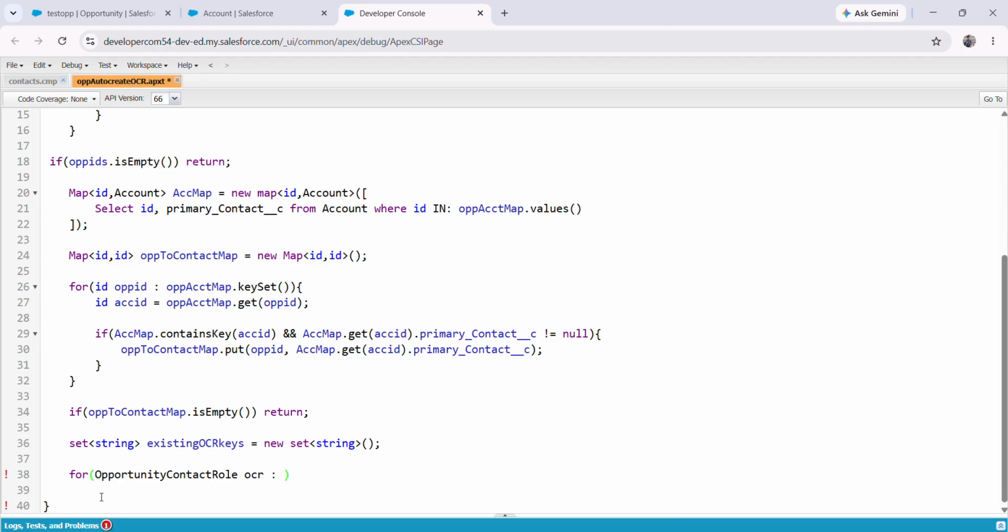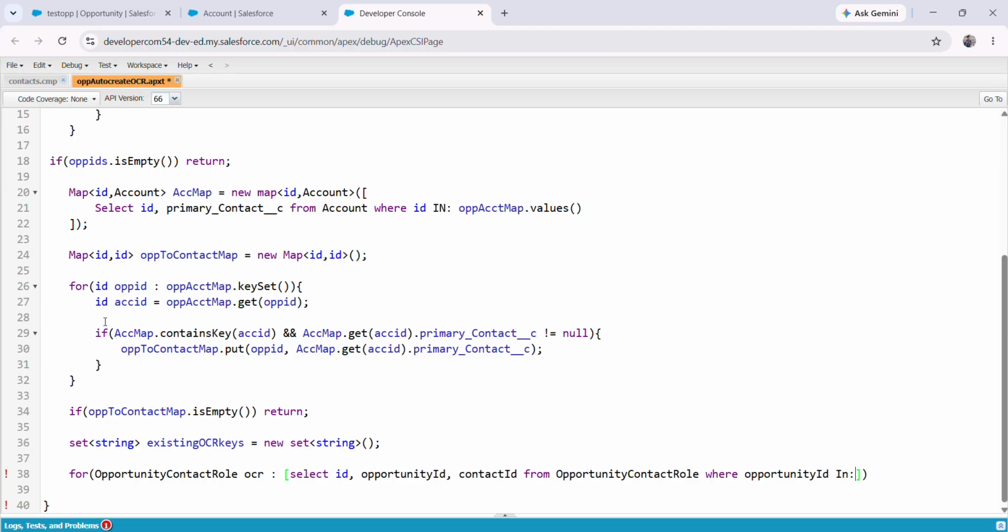Now fetch the records: select ID, opportunity ID, then also contact ID, from opportunity contact role, where opportunity ID in